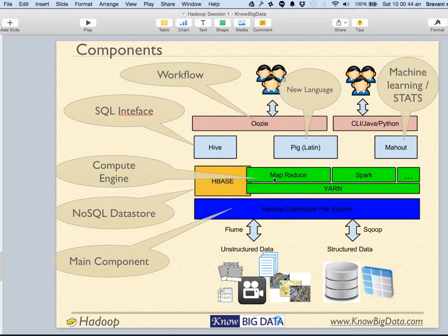MapReduce is for the time when you want to do programming in Java or Python or any other programming language. In case you want to churn your data using Hive, meaning SQL queries, you can use Hive, and so on. So as we go across the session, the 11 sessions, you will have thorough clarity on what to use when.